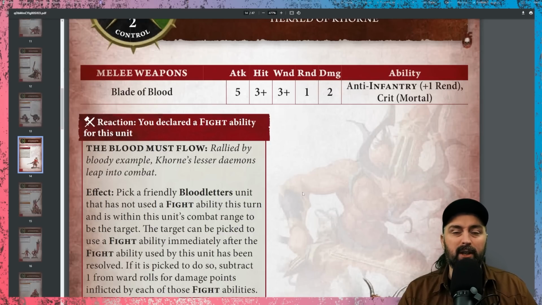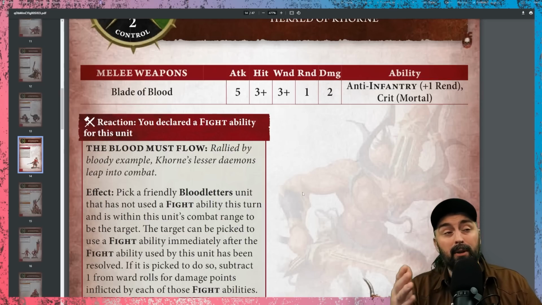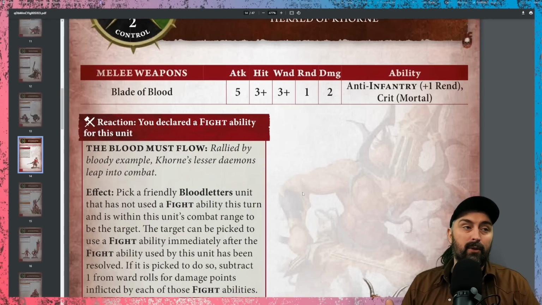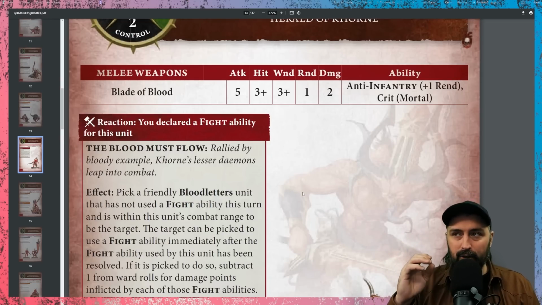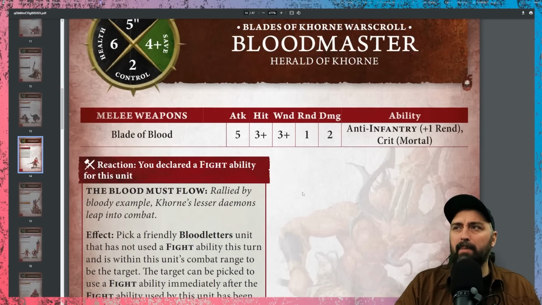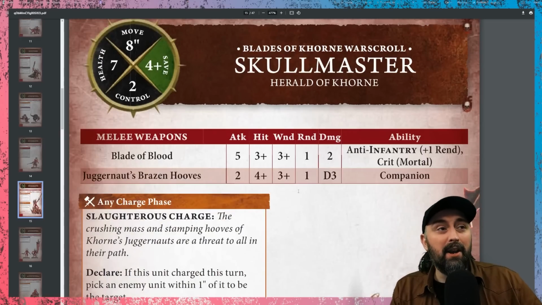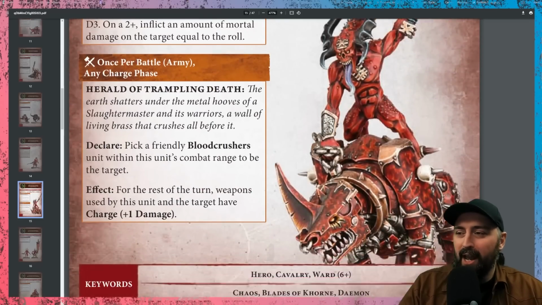That is so good. Ward saves are really nice after armor saves, which help reduce a lot of damage. Some units are pointed to have good ward saves, and therefore having this unit, or specifically a Bloodletter unit, which could be massive with loads of extra attacks, be able to reduce the ward save is really cool. So I can see the Bloodmaster making it into a lot of Khorne armies, especially those running big Bloodletter bricks. Our next hero is the Skullmaster, the Herald of Khorne, and he is on a Juggernaut of Khorne,